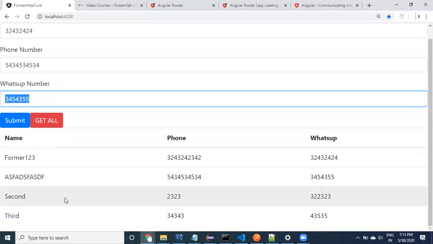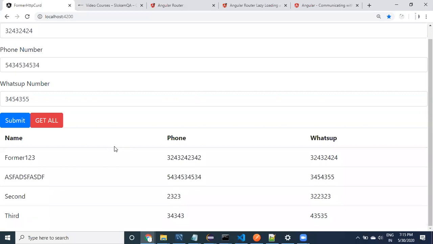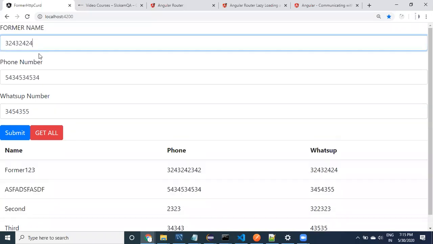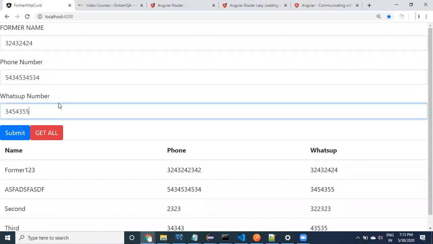See here, guys, there are so many records, right? On whichever record you are clicking, the selected record, clicking means nothing but selecting. The user is going to select by clicking on a particular record. So on clicking on this record, the selected record data has to come here. This is the scenario.